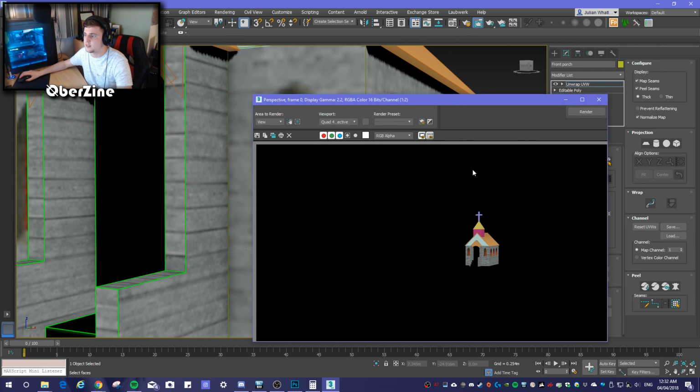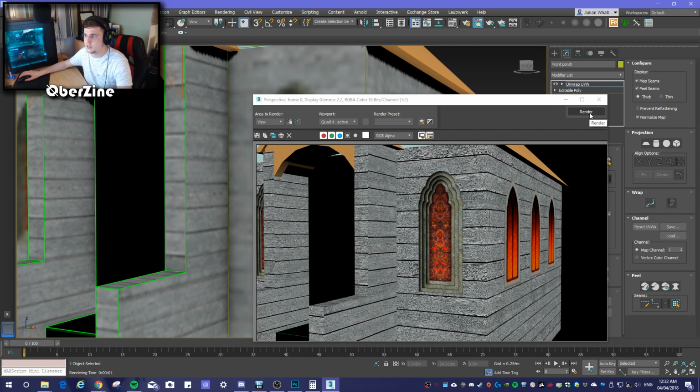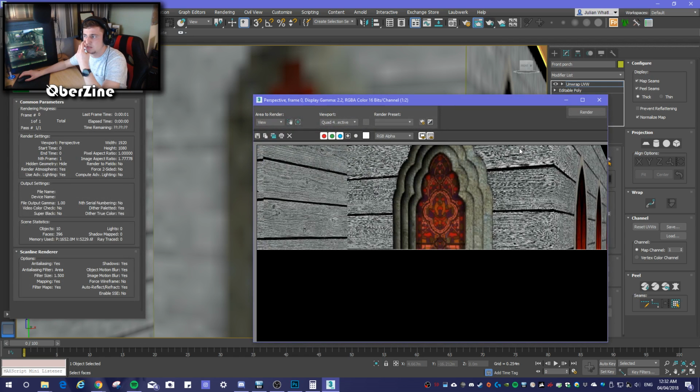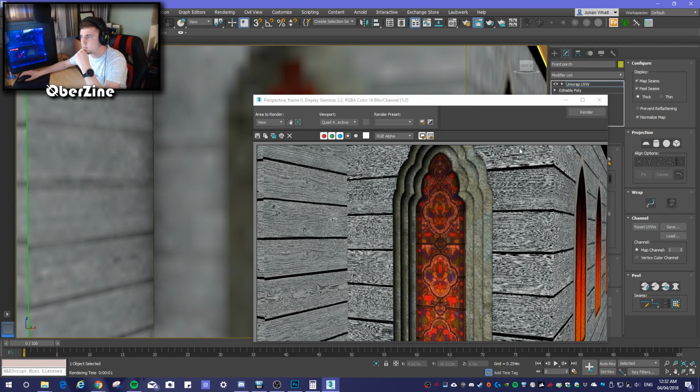If I click that, wait, render. Thank you. Render again. See, the level of detail is pretty decent. Just this bit here looks so bad. It's not aligned. So bad. It's because of the way I'm UV mapping. I'm pretty sure that's the reason why it doesn't look that great,